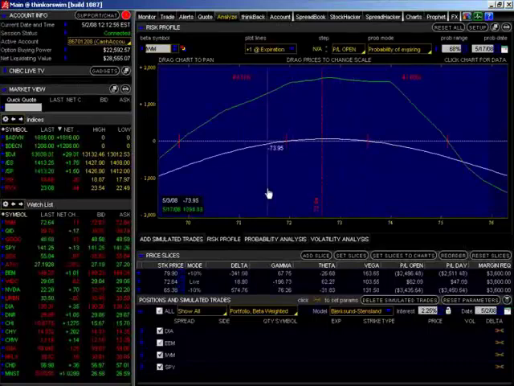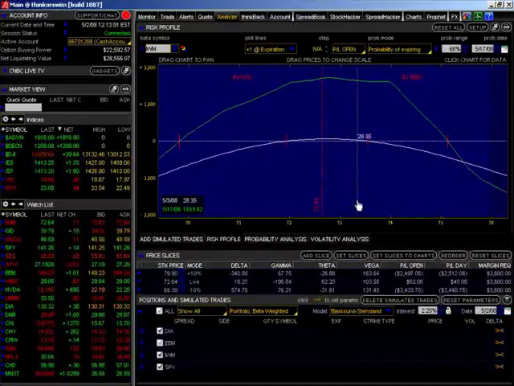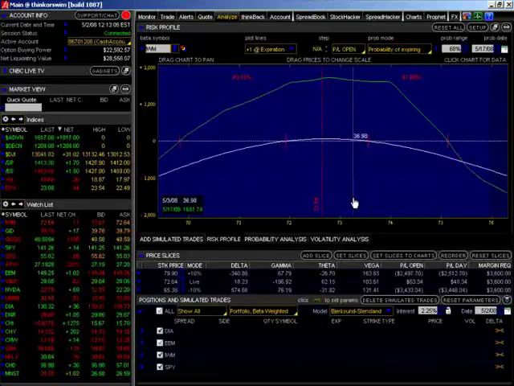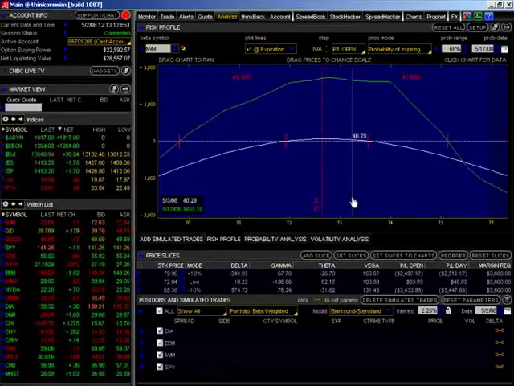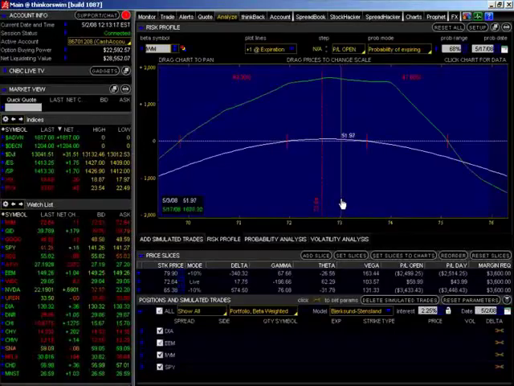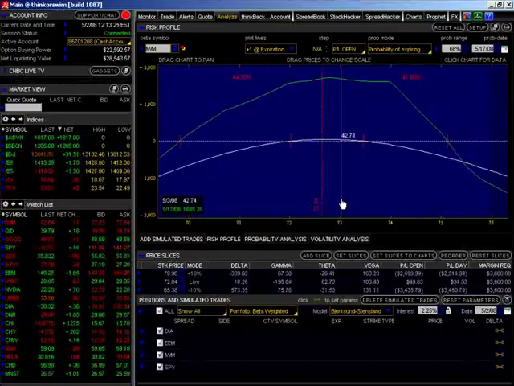Concentration of risk means having a lot of contracts or size position for you, and that could be, if your capital allocation for this business is $5,000 or $20,000 or $50,000 or $100,000 or $500,000, it doesn't matter. If you have a large position that you would consider large, at a single strike price, you have concentration of risk, and that's very dangerous. Prices can move dramatically against you very, very quickly. And if you have a concentration of risk at a particular strike price, you're going to get hurt.